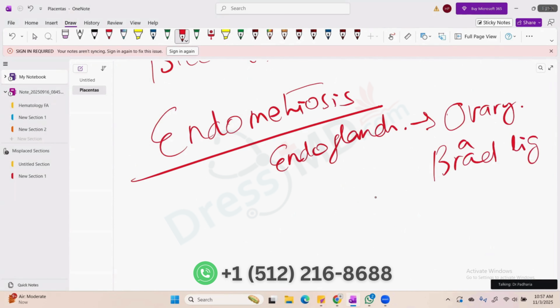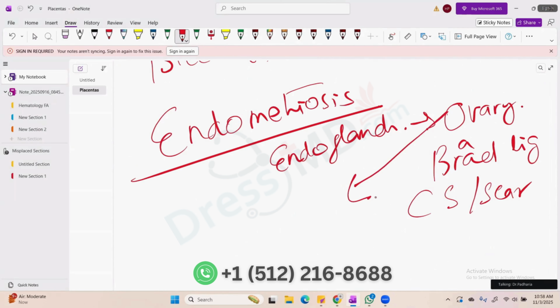Sometimes you will see it in the caesarean section scar, called scar endometriosis. So the endometrial glands are leaving the house and staying in the ovary, broad ligament, or caesarean section scar. When the endometrial glands are in the ovary, they can bleed there, and that is now called